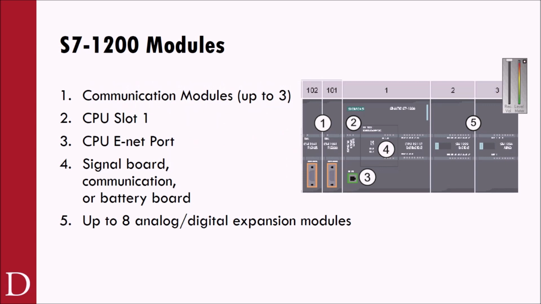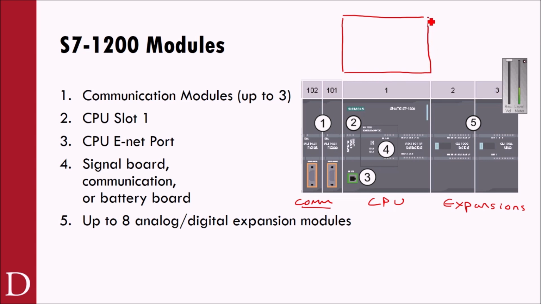All right, so first and foremost, let's talk about what the S7-1200 modules look like. The first thing that we look at is this would be our CPU, and then these would be expansion modules that you would see on your CPU if you're working with a S7-1200. We can also add some communication modules on this side. In the lab for us, though, it's going to be a little bit different. This slot 1 for us will be the only slot that we'll really be using. That will house our CPU